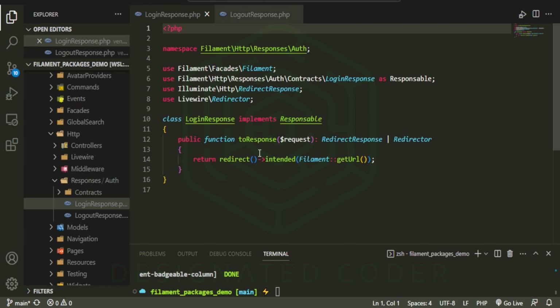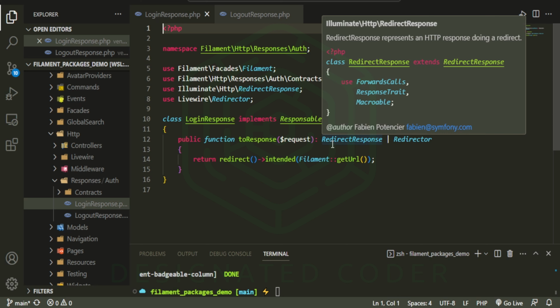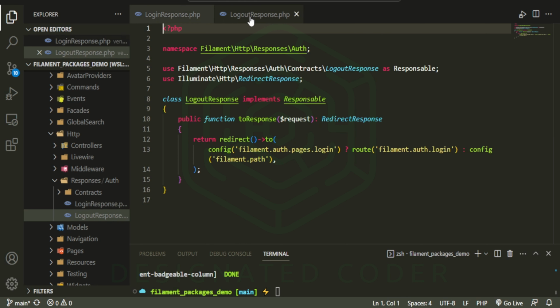All these are really doing is responding to what's happening. So for instance, this login response is responding to when the user logs in, we are going to redirect them to the intended Filament get URL, which our default is the dashboard. Same thing for the logout. Once a user has logged out, this will respond to that and it'll redirect using the config files and routes and stuff like that to redirect out of a logout process, which really just goes back to the login page as default for us. Now, as you can see, they are using the logout response contract, the login response contract,